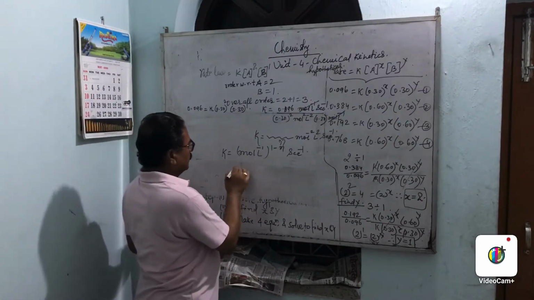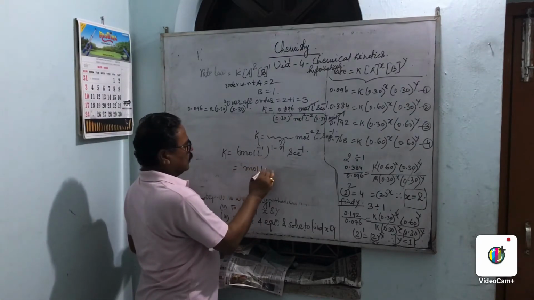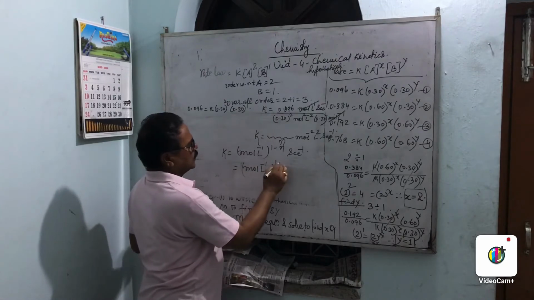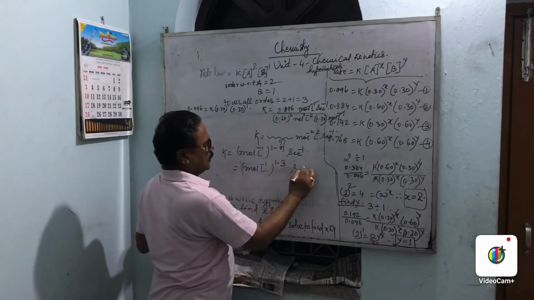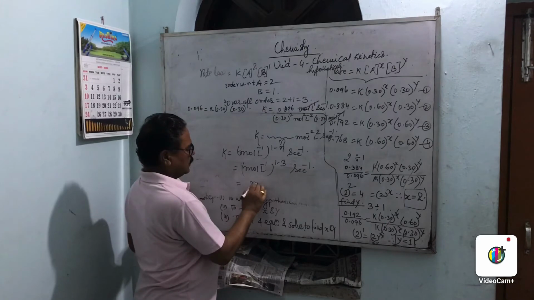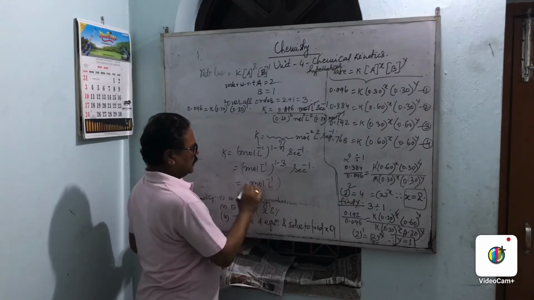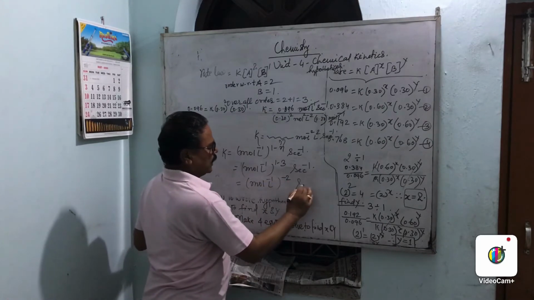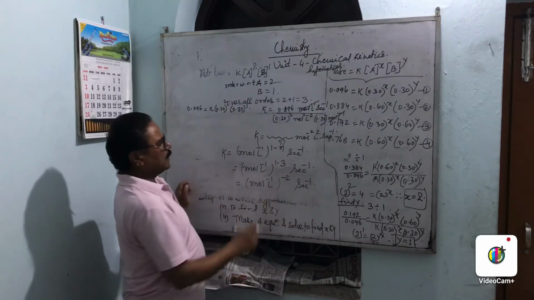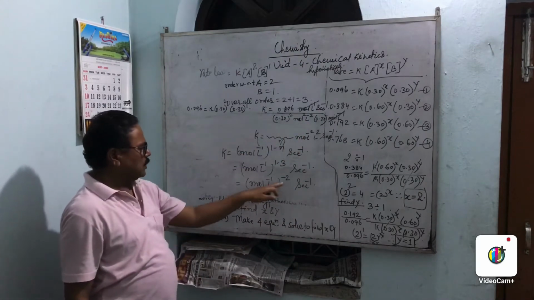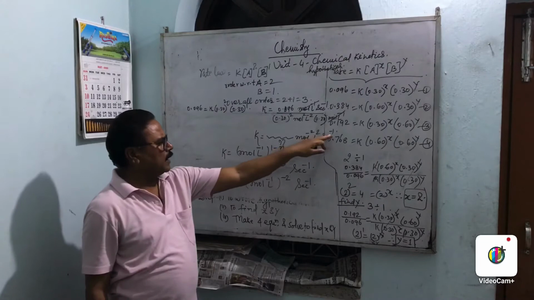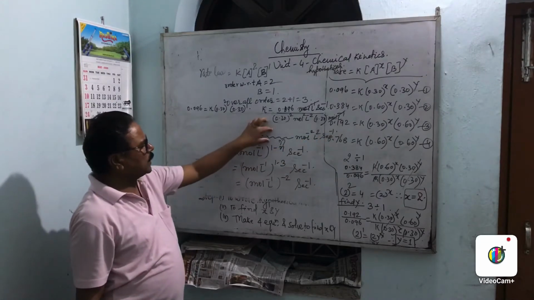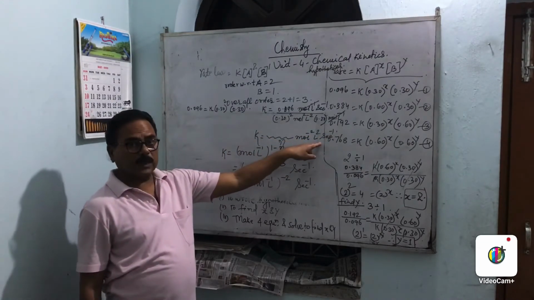So we put the value here: mole per liter, this is 1, 3 and second inverse. So what we will come here, that is mole per liter, and here is power minus 2, and this is second inverse. So what will it read? Mole to the power minus 2, liter squared and second inverse. So with the numerical part, the unit is essential.